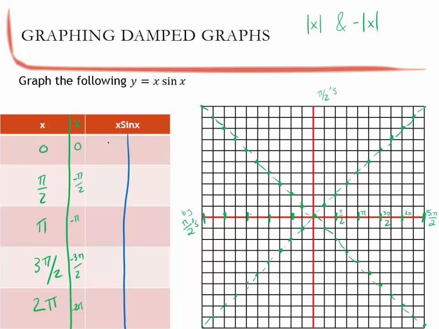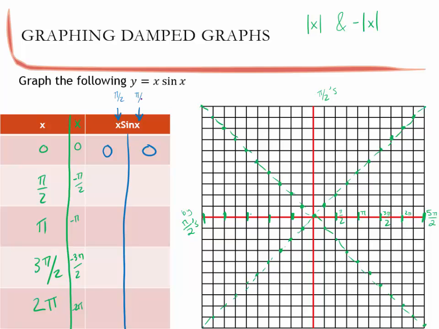Okay? So let's think about this. When I plug in 0 for x, sine of 0 is 0, right? But if I plug it in for x, I have to now plug it in to 2 locations. So this is 0 times 0. Turns out, nice, this is 0. And when x is 0, we get that. Make sense? Now, if I plug in pi over 2, I'm going to plug in pi over 2 here,